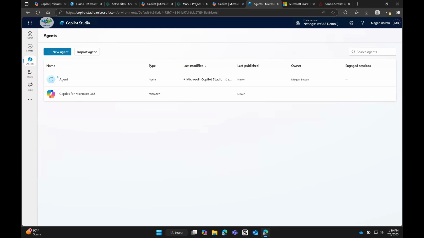There is a trial if you do want to hop into it. This is one that I don't recommend just playing around in unless you know what you're doing. So I'm going to be pretty quick here, but I would be remiss if I didn't add in Studio and what it can really provide.